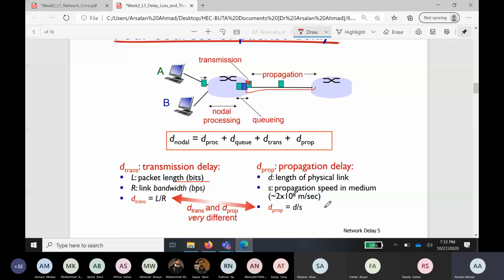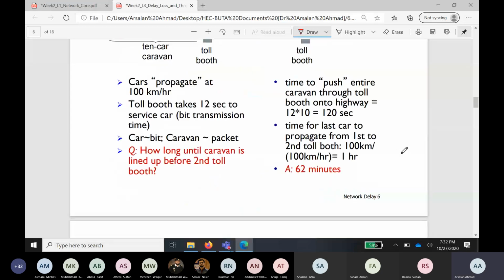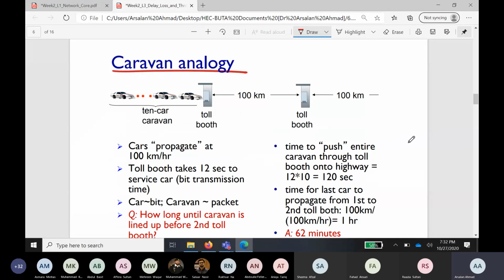So these are the four types of delays, and summing all four delays, you can see over here in the formula, d_proc plus d_queue plus d_trans plus d_prop is the d_nodal. That's the nodal delay, the total delay that is happening at this particular node. Then there is this caravan analogy, and